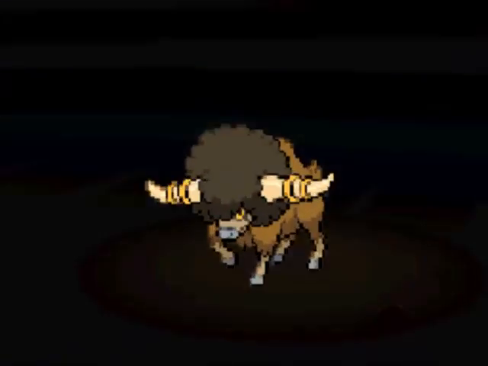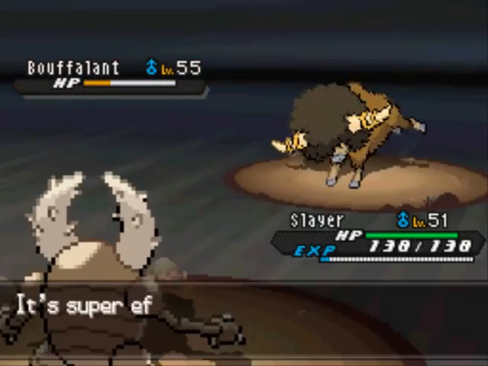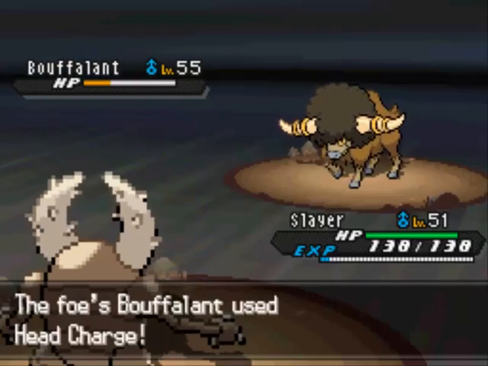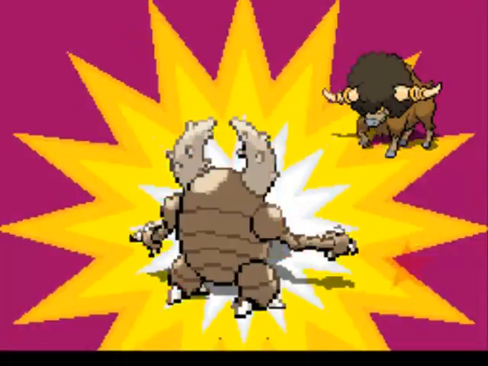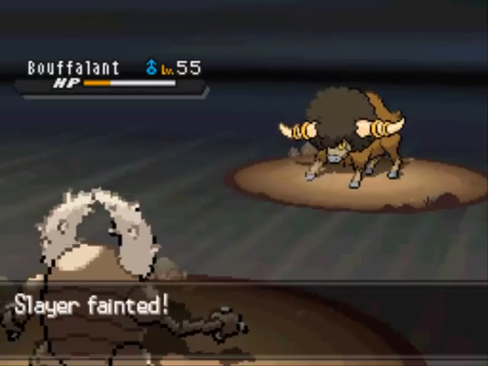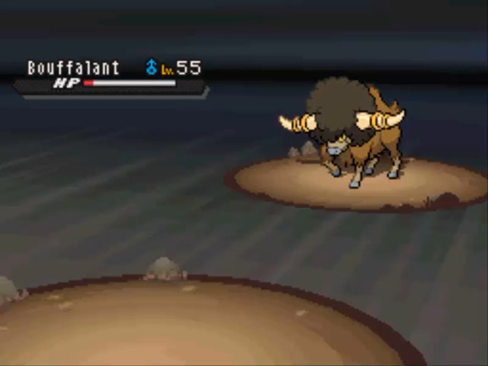And if it doesn't, I'm pretty much screwed because my defense will get lowered, and then I'm sure to go down in one hit. Oh, and it's not quite going to do it. Bouffalant does have some good defense and special defense. And here comes the massive Head Charge. Yeah, I don't even need to look at the screen to know that's going to knock me out, but it is going to do a lot of recoil damage. Bouffalant has a few moves that do recoil, also Wild Charge, so